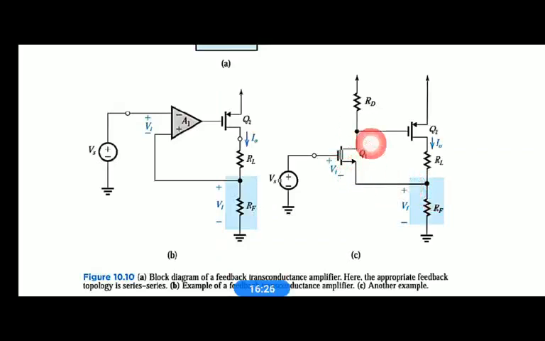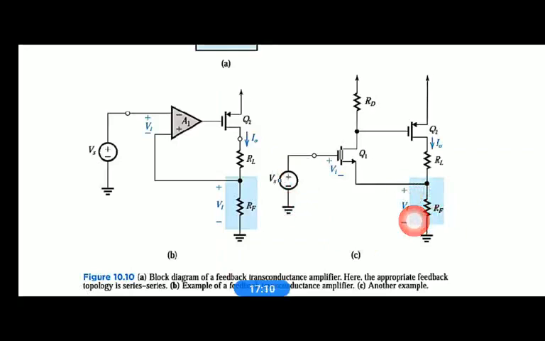Since more current will flow here, the voltage at the drain is reduced. This voltage, which is applied to the gate of the P channel FET transistor Q2, causes this transistor to operate more. If this operates more, I naught is increased. The current flow between source and drain, which is I naught, is also flowing through RF. Hence the current through RF is increased. Since the current through RF is increased, Vf is also increased. When Vs is increased, Vf is also increased.